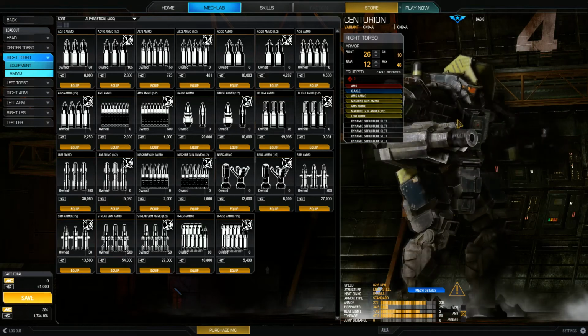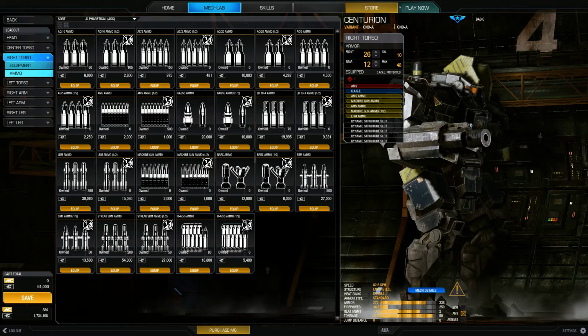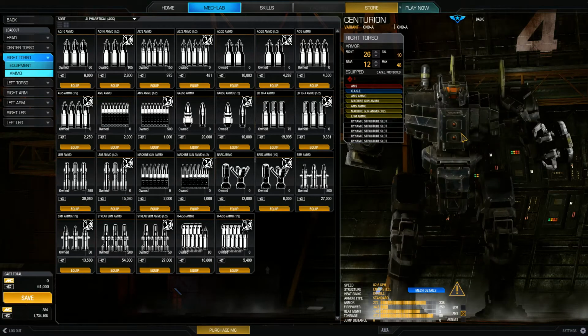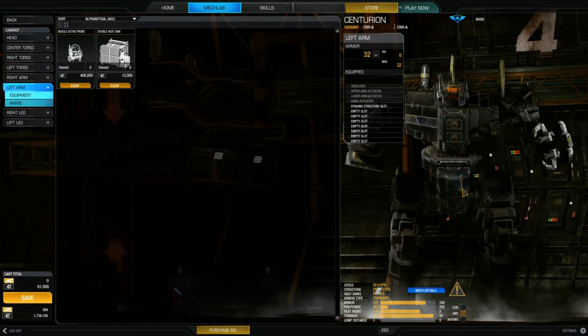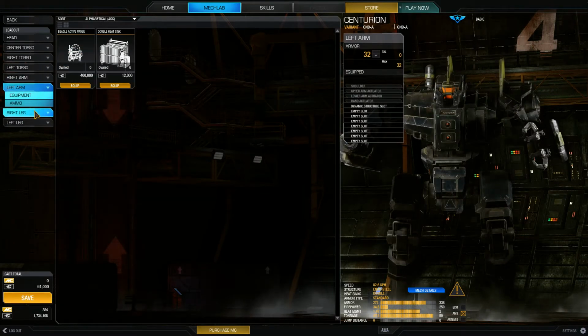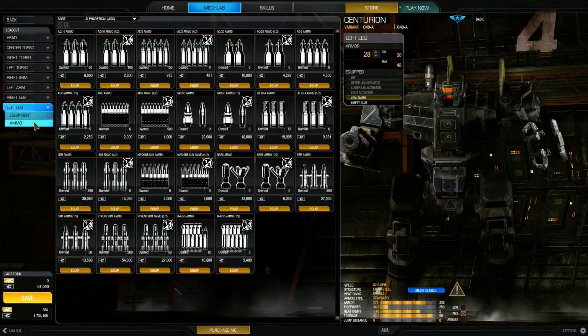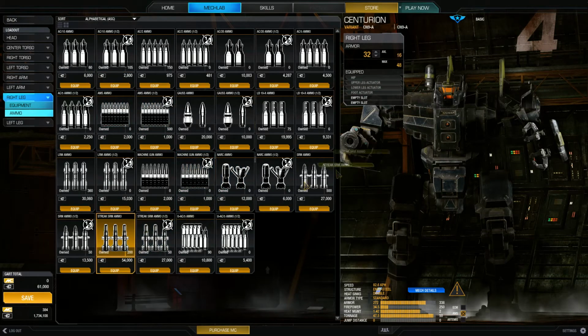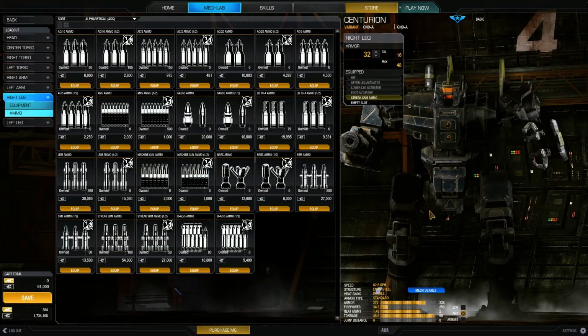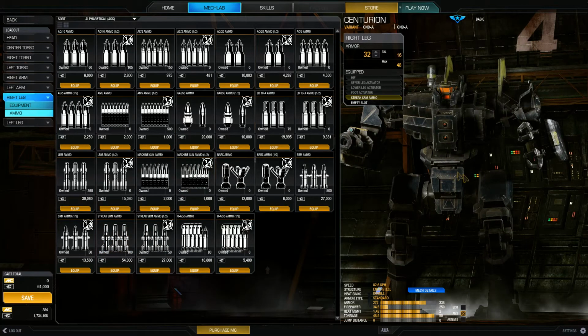Now, we're trying to keep all the ballistic and AMS ammo right here, but we're going to spread out the SRM ammo, the streak SRM, right here. We're going to spread that out a little bit. So we're actually going to go ahead and put that in the left. Well, we'll put it in the right leg because it shouldn't mess with us too much. So let's go ahead and do that. So now we've got 1.5 tons left to play with,